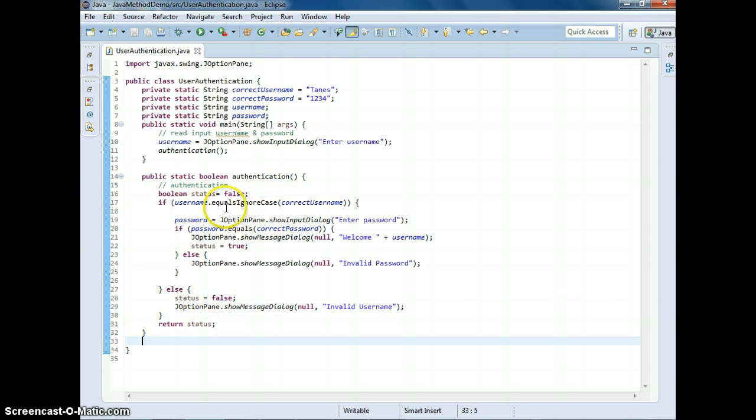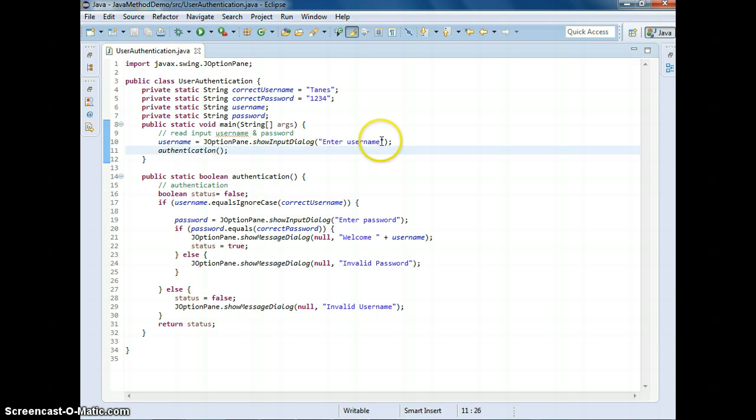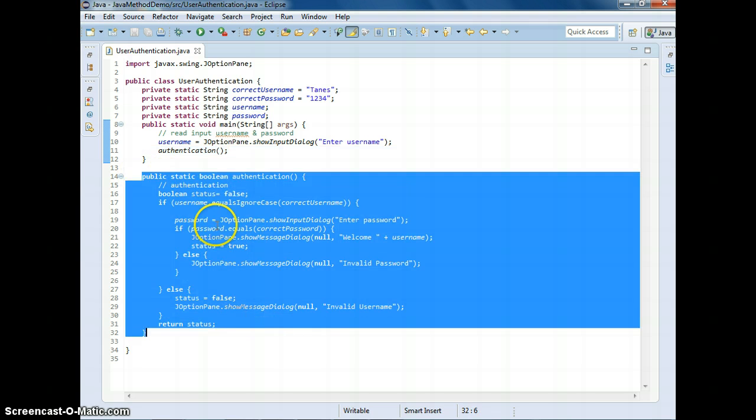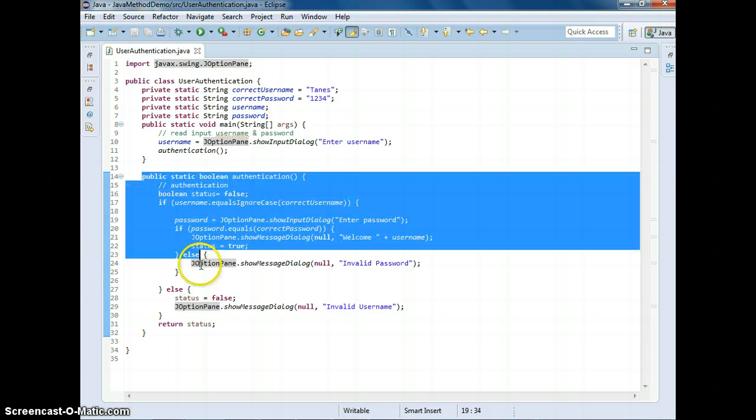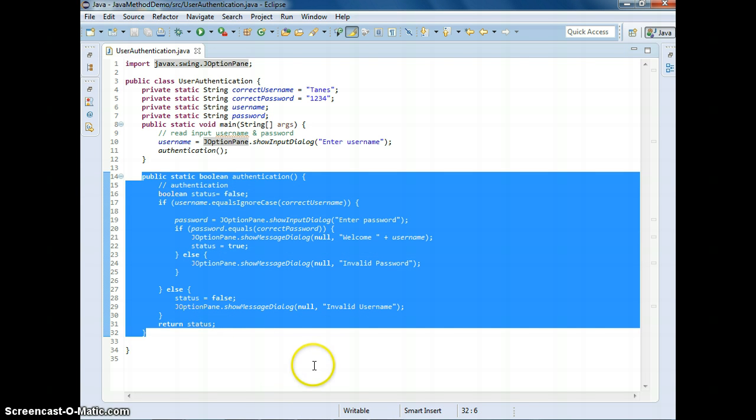We can actually modify this to be better. Normally why we need to do that is we want to make it able to be shared between different GUIs, maybe. Like this is the GUI for the option pane. We can actually do authentication for the console, or do the Java graphical user interface with Swing, or even on the web format, right? They all